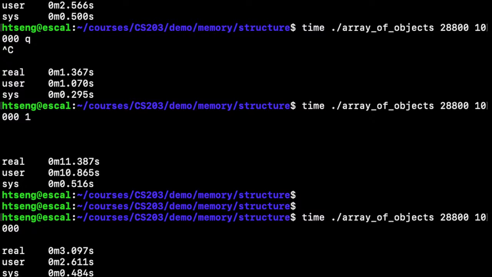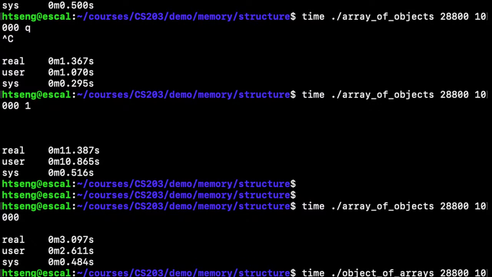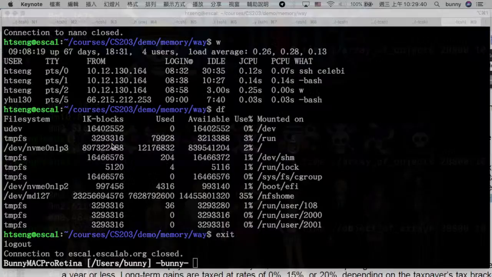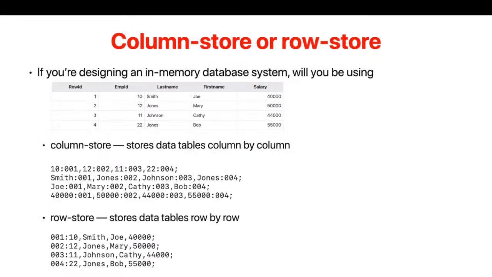Okay. I guess for array of objects, the right thing to do is not putting a parameter up there. The program is broken somehow. But here's the thing, right? If all you want to do is calculate the average of each student, array of objects is actually a better option. So what really matters is that as a programmer, you have to figure out what's the common use case of your